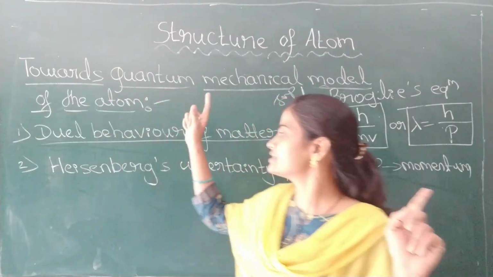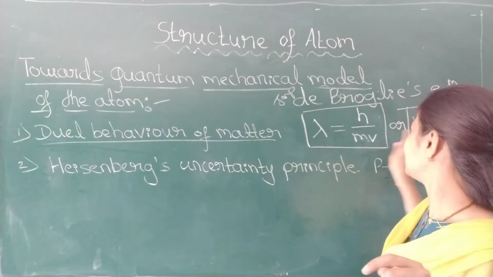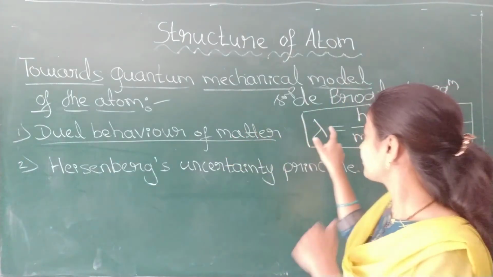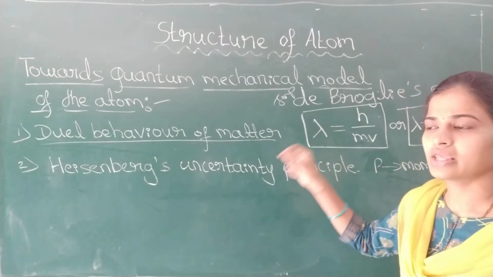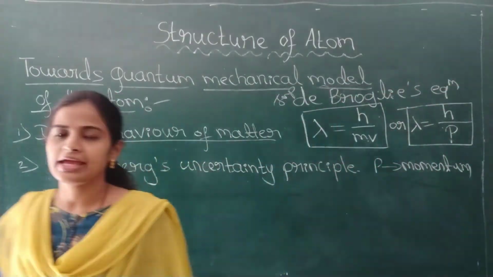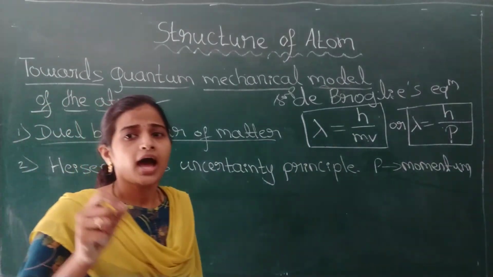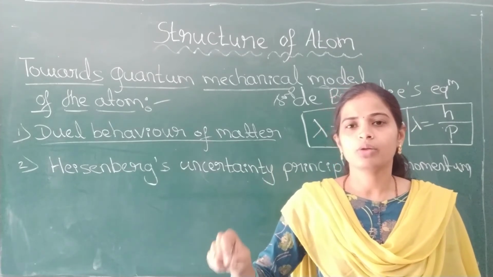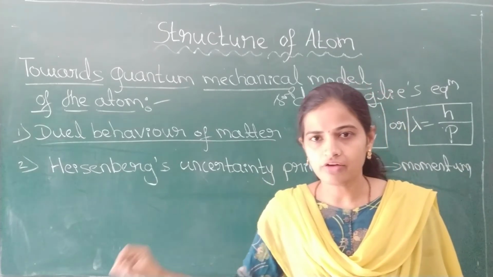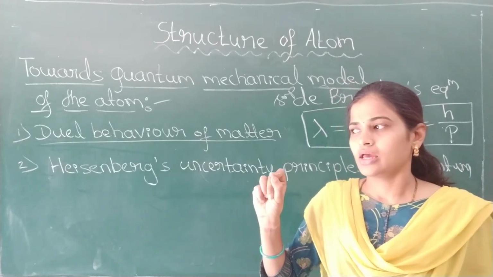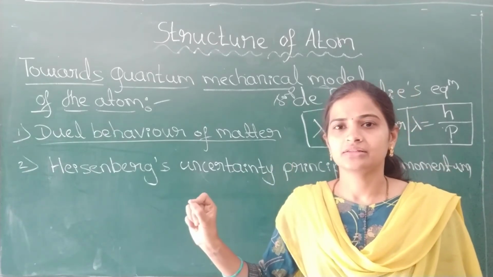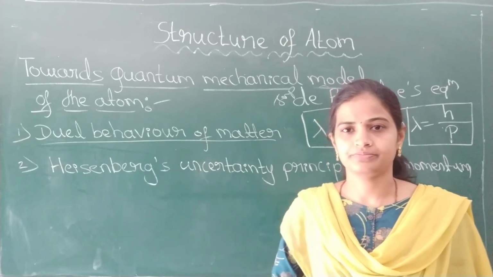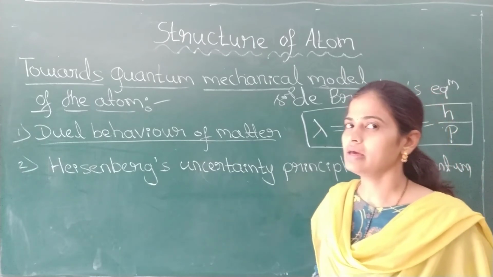This is regarding the dual behavior of matter as well as the de Broglie equation. What do you write? We just write this heading: the de Broglie equation is given by this, and explain the terms. Then you write the side heading: electron microscope is the application of wave nature of electron. It will magnify about 15 million times.